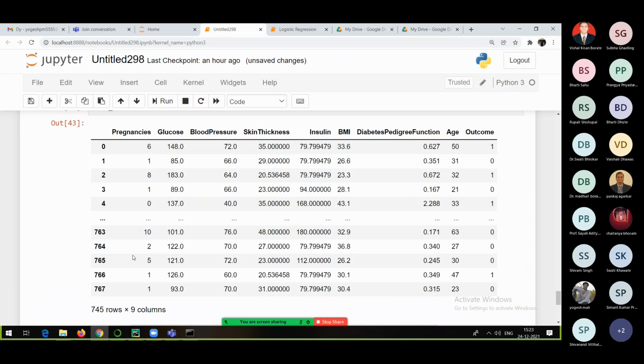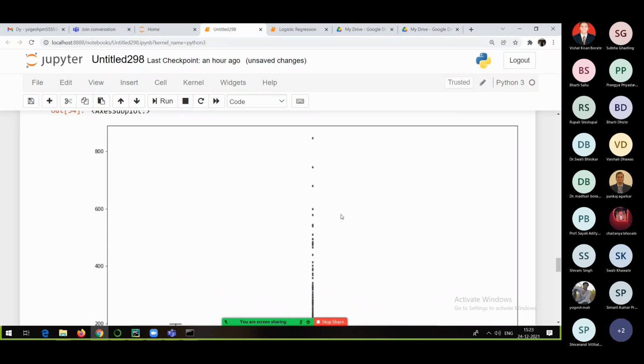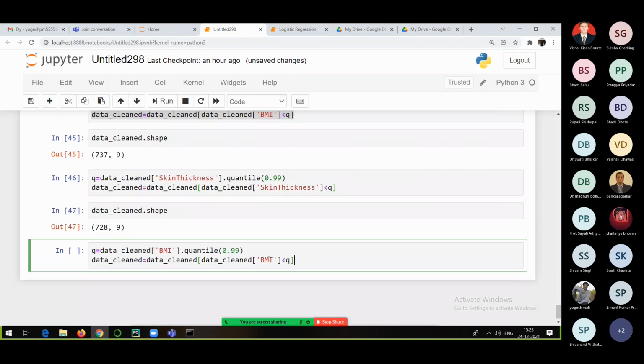But out of all these columns, if you check everyone, insulin has a lot of outlier values. So in case of insulin, this percentile value is going to change, and obviously we will try to remove 5% or 6% of data. If I want to do it for insulin, then maybe I will consider removing the top 5% of data. So 5% means I will make it 0.95. Whatever is the top 5% of data is going to be removed, so a lot of rows are going to be removed now.